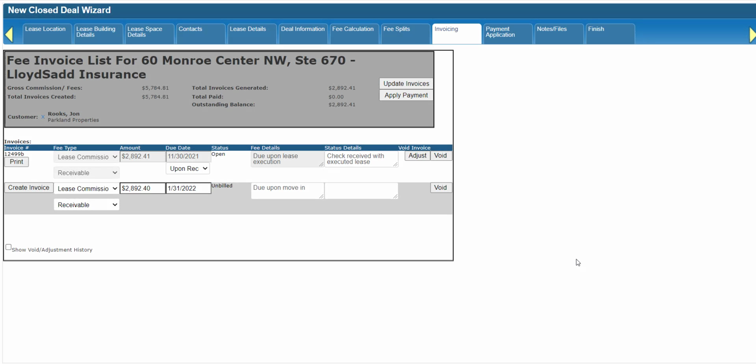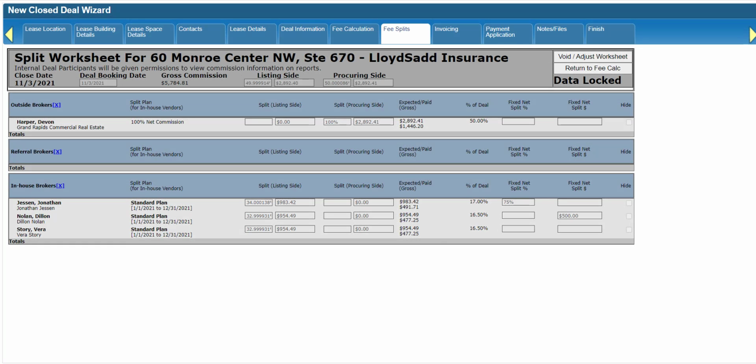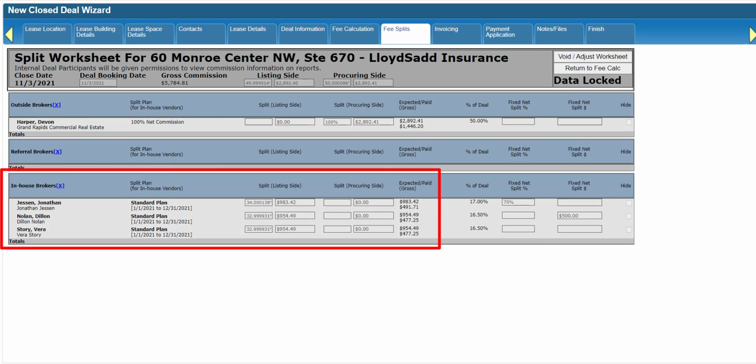To open the payment application form from the Invoicing tab, either click on the Apply Payment button at the top or click on the Payment Application tab itself. Before the form opens, the system will check to make sure all of the in-house vendors listed on the fee splits form, i.e. all of the internal brokers who have been allocated a portion of the total fee amount, have